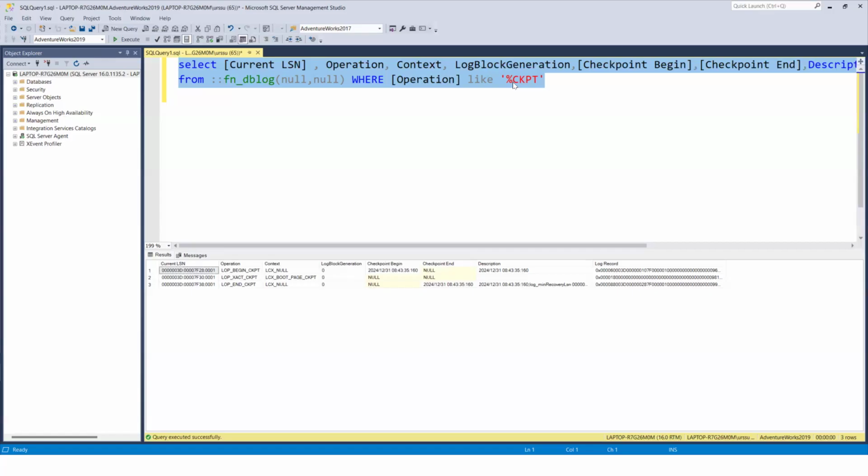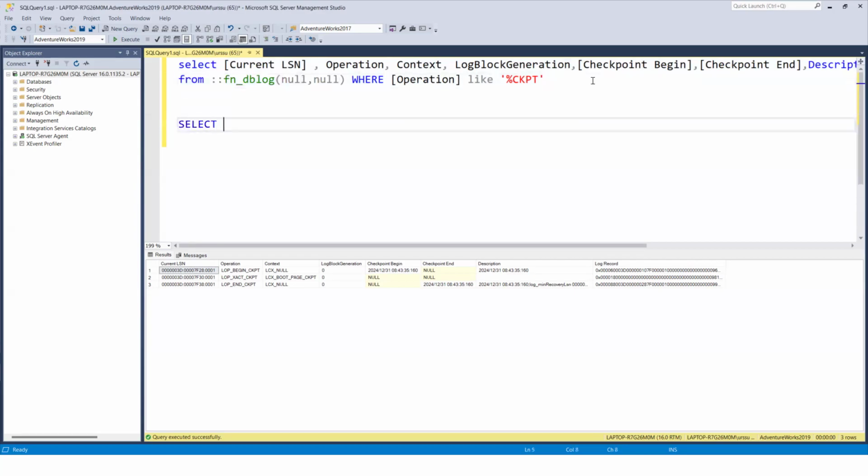Again, everyone, fn_dblog will give us massive information. Please keep that in mind. It will give massive information. fn_dblog is also a very important component where we want to concentrate a little on how to run the query, what sort of queries we can run. See, if we are not using these kinds of columns or filters and you simply run fn_dblog. So, for example,